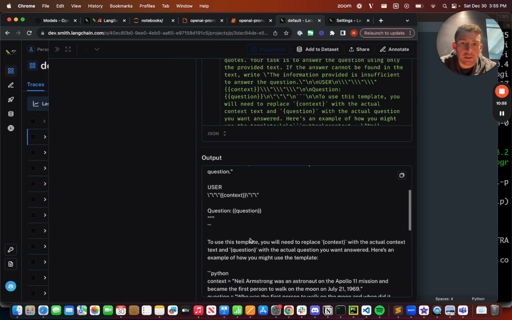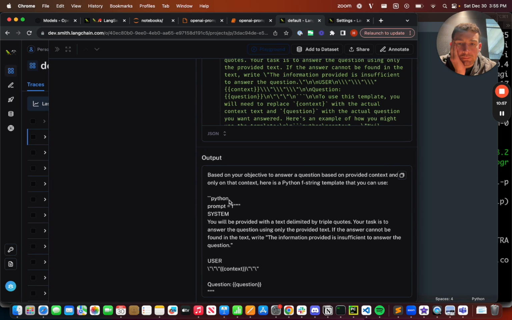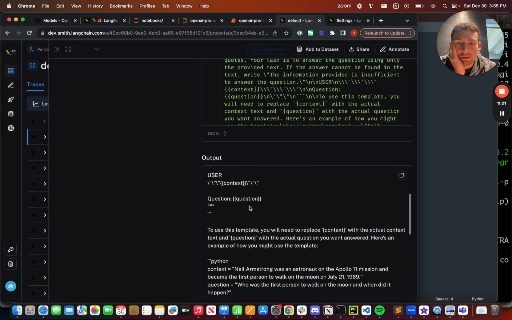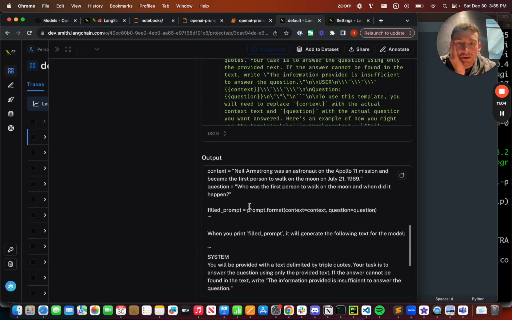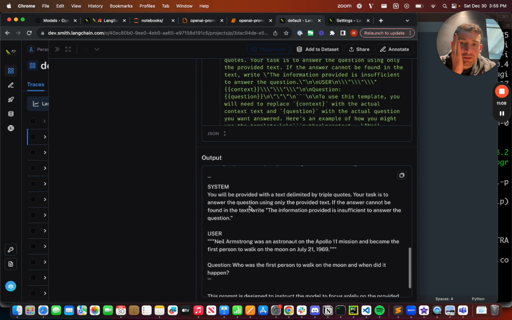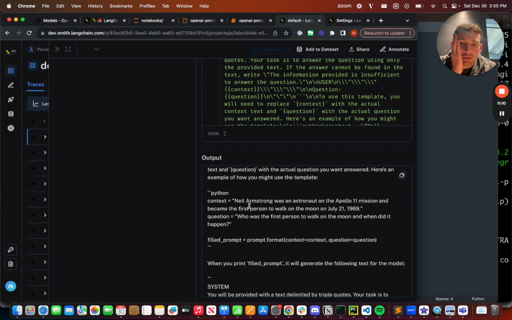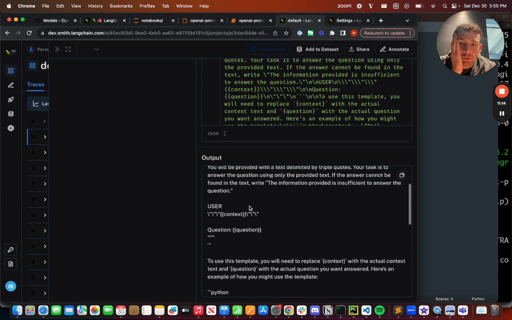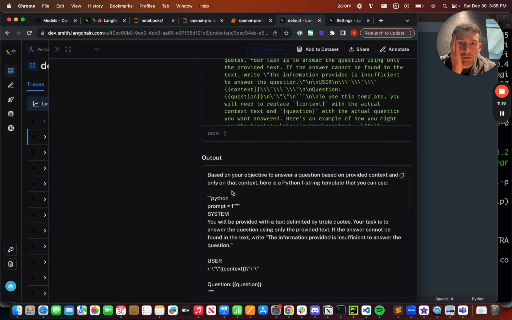All right, so this is better output. Oh, interesting. Okay. So it's giving me some instructions on how to use it. I actually don't know if this is correct because of these curly brackets, but anyways,